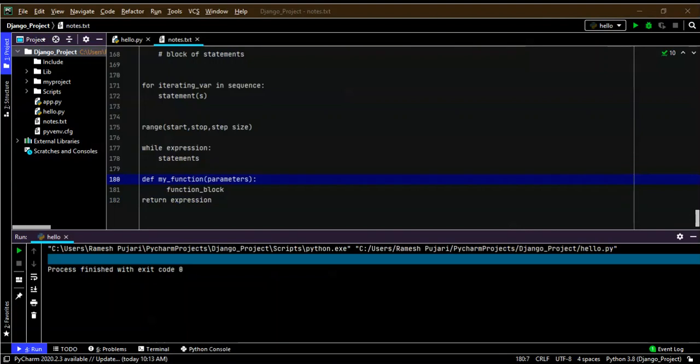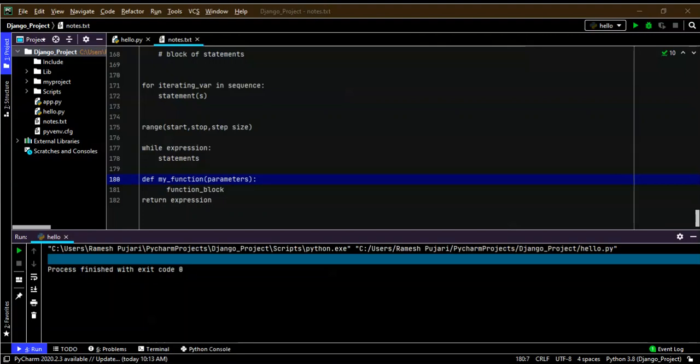So as I explained here, def is the keyword that is used to define the function, followed by the function name, and the identifier rules must be followed for the function name. To accept parameters, we pass them as arguments, and they can be optional. If you want, you can pass them, but it is not mandatory.